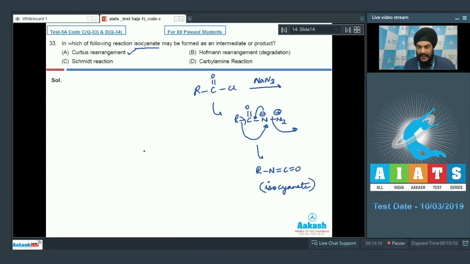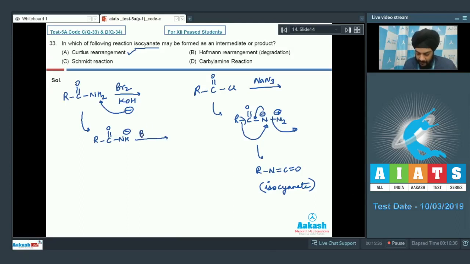If we talk about the second statement now, which is the Hofmann rearrangement reaction, we have RCONH2 reacting with Br2 in the presence of KOH or NaOH. So the base will extract the acidic hydrogen present on the amide, leading to the formation of RCONH negative. This NH negative will attack the Br2 molecule, leading to the formation of RCO